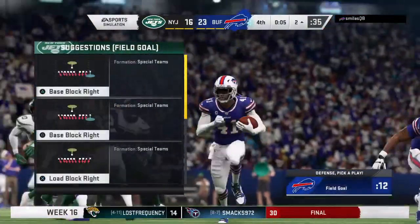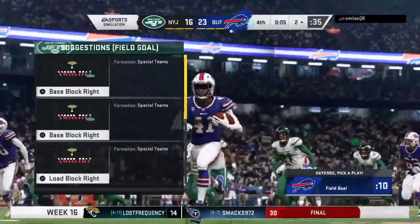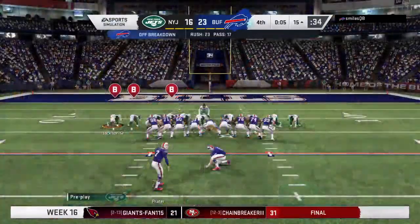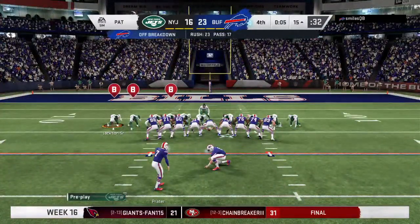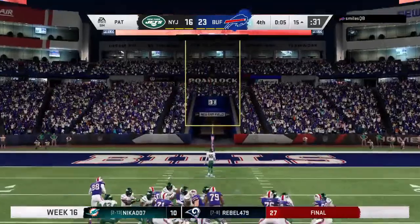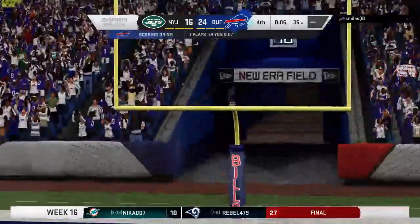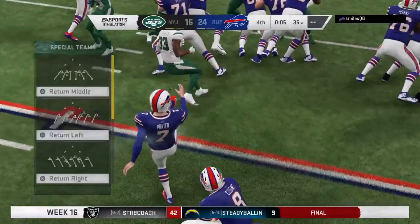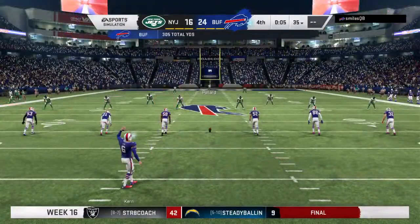So a little icing on the cake there before the clock hits all zeros. What a way to finish things off. Exactly what you want. Not much time and a touchdown to put things away. Prater for the extra point, and the lead is up to 8. Next to score, Bills 24, Jets